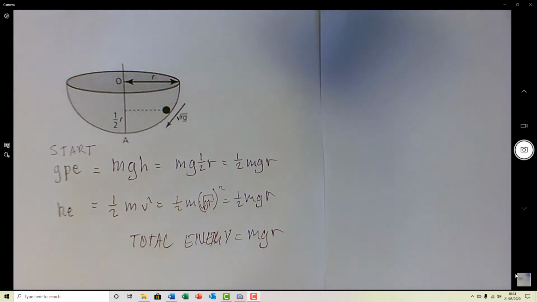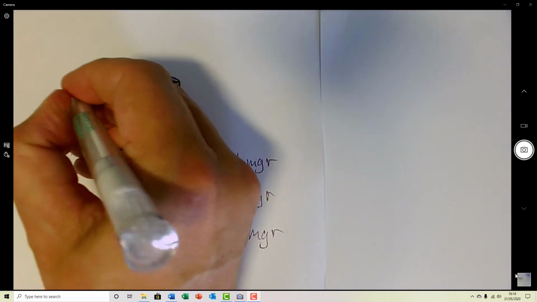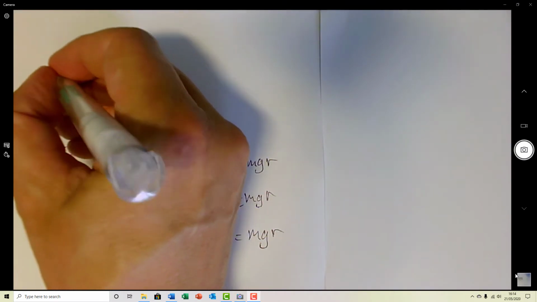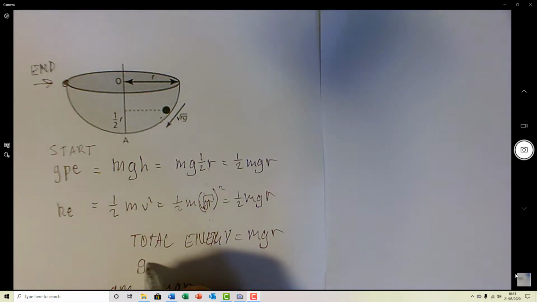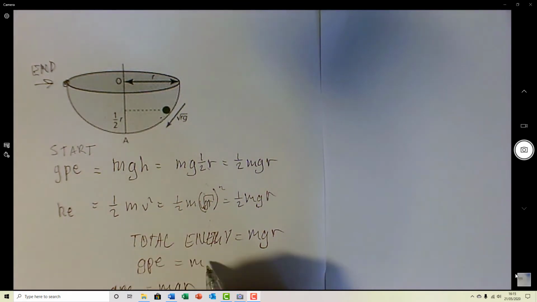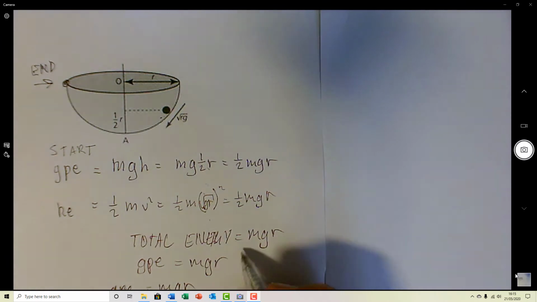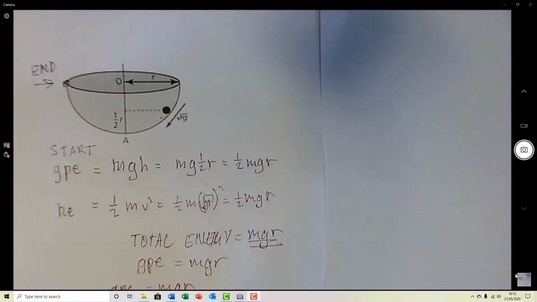For it to reach the very top of the bowl at the other side, for it to end there, it has to gain GPE of mgr, which is exactly the amount of energy it has. Therefore, it just makes it to the top of the bowl. Done. Part 2 of the question is a little bit trickier because we have to consider the normal reaction of